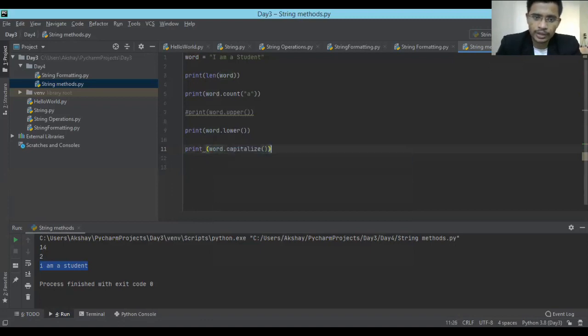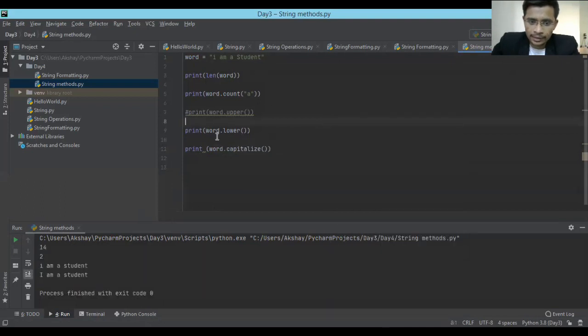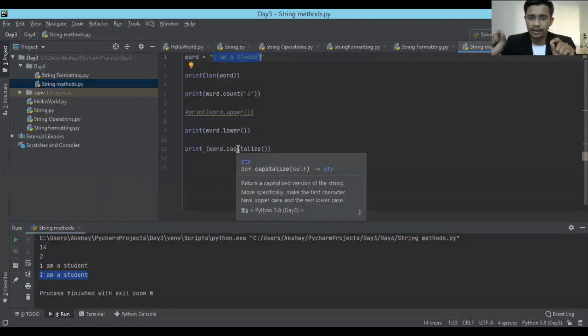So what it will do, it will convert only the first letter, or let me just make it small just for this particular exercise. So let's go and check what it is showing you. See, the lower already prints what it's supposed to. And if you check the output of this capitalize, in the string, I is small but in the output it is capital, and in the string S is capital, but in the output that S becomes small, because this capitalize function will traverse your string with each letter.